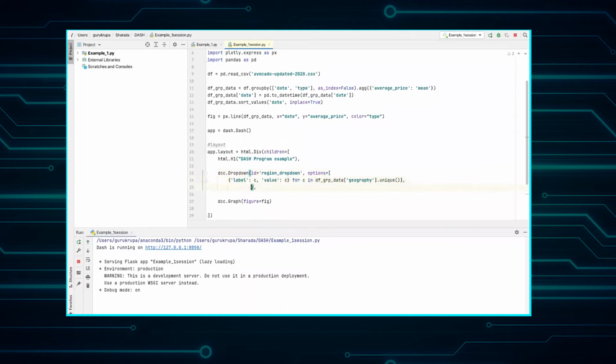We will also set a default value using the value parameter.